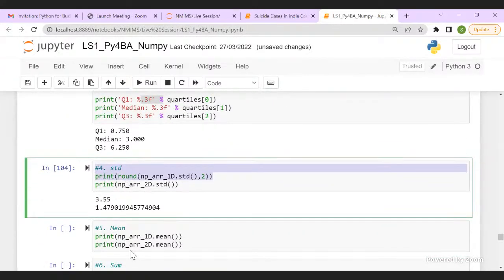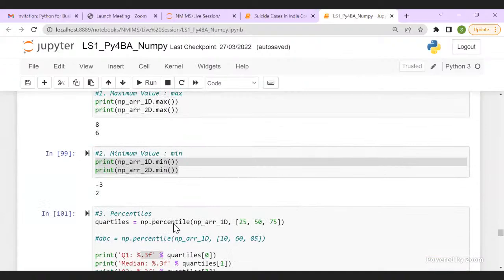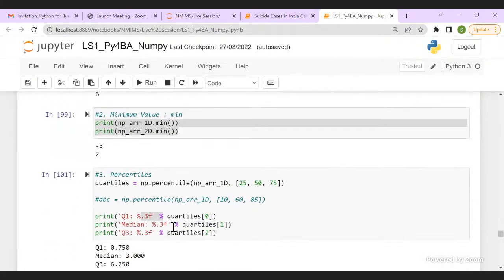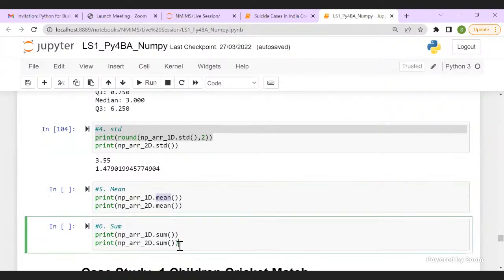We don't use standard deviation as much as we use mean. Mean, minimum and maximum are something you have been using extensively in your project. That is why I wanted you to do these statistic functions today, so that when you are reading through your project, you know how to calculate mean, maximum value, minimum value, and sum. These 4 things you will be using the most in your project.